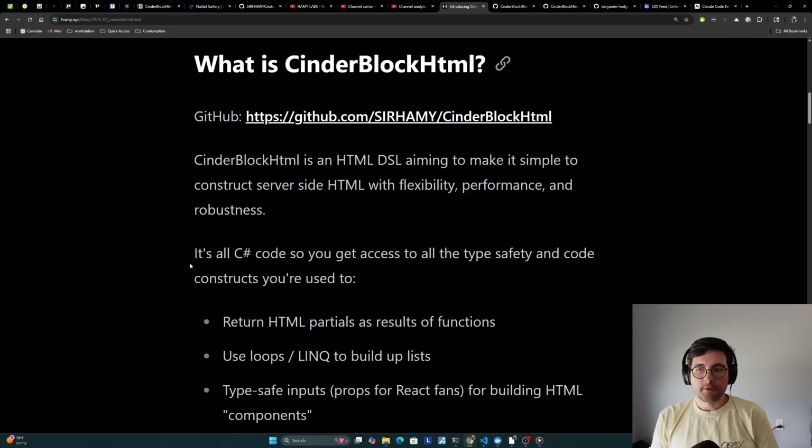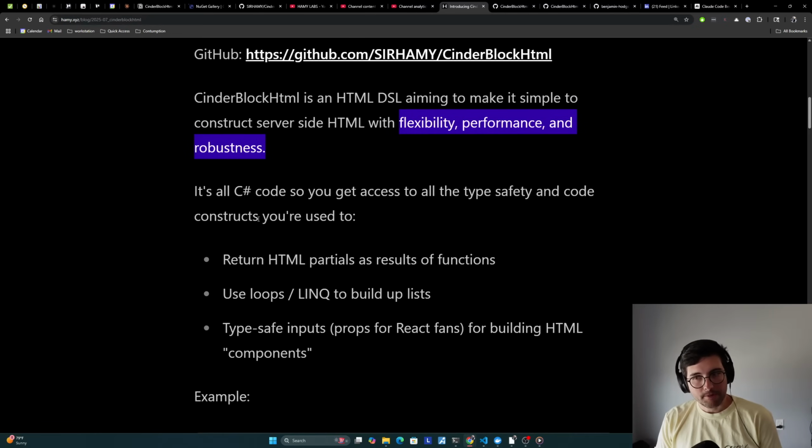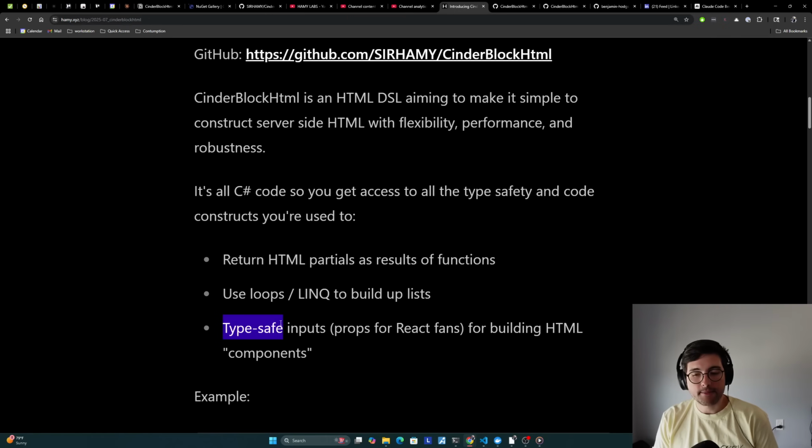Okay, so what is CinderBlockHtml? I have it on GitHub here. Basically, CinderBlockHtml is an HTML DSL aiming to make it simple to construct server-side HTML with flexibility, performance, and robustness. And all of these come because it is really just C# code. And because it's just C# code and not raw strings that you're passing around, you get a lot of benefits. Well, I guess I should say the most important thing is that you actually get type-safe inputs and